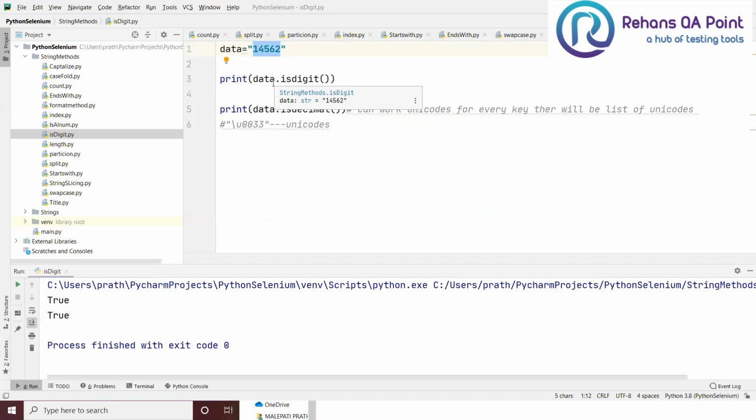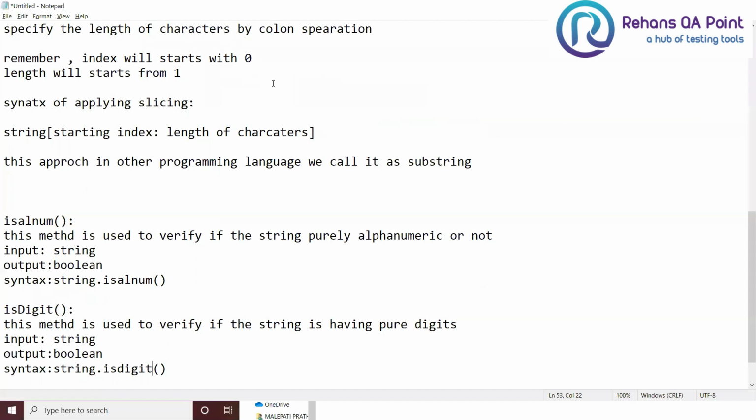Similarly, there is another method called isalpha. This method returns true if all the characters are in the range of small a to small z. Okay, so now let us check whether I'm going to get that. The characters are ranging between a to z. Let us see how that method is going to work out.